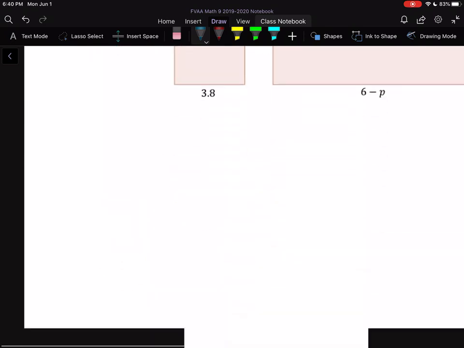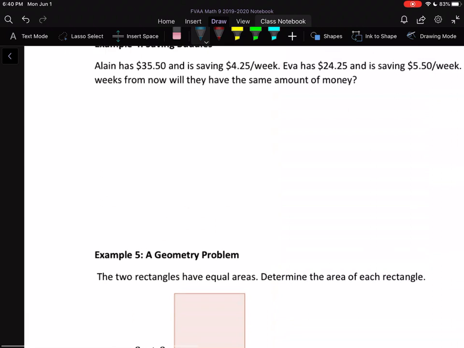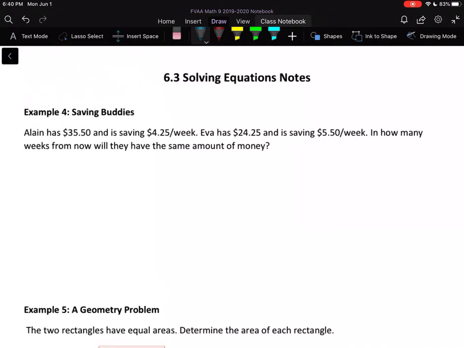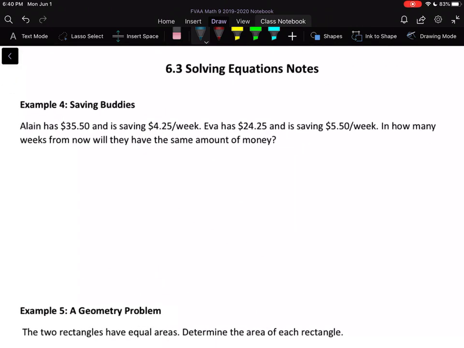Okay, now let's look at a couple word problems. Here, so for example, saving buddies. So Alan has, so these are saving buddies in terms of two people that save money together and help each other out